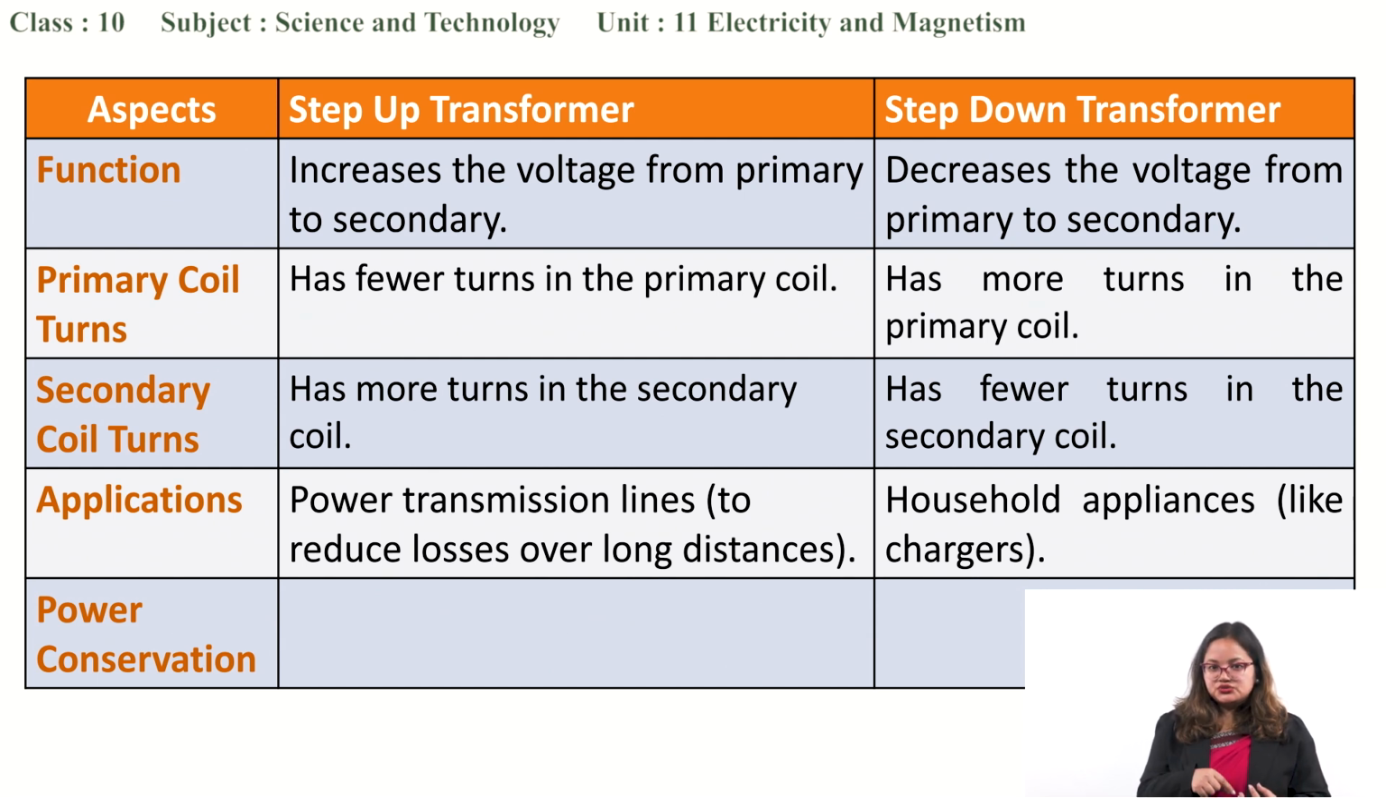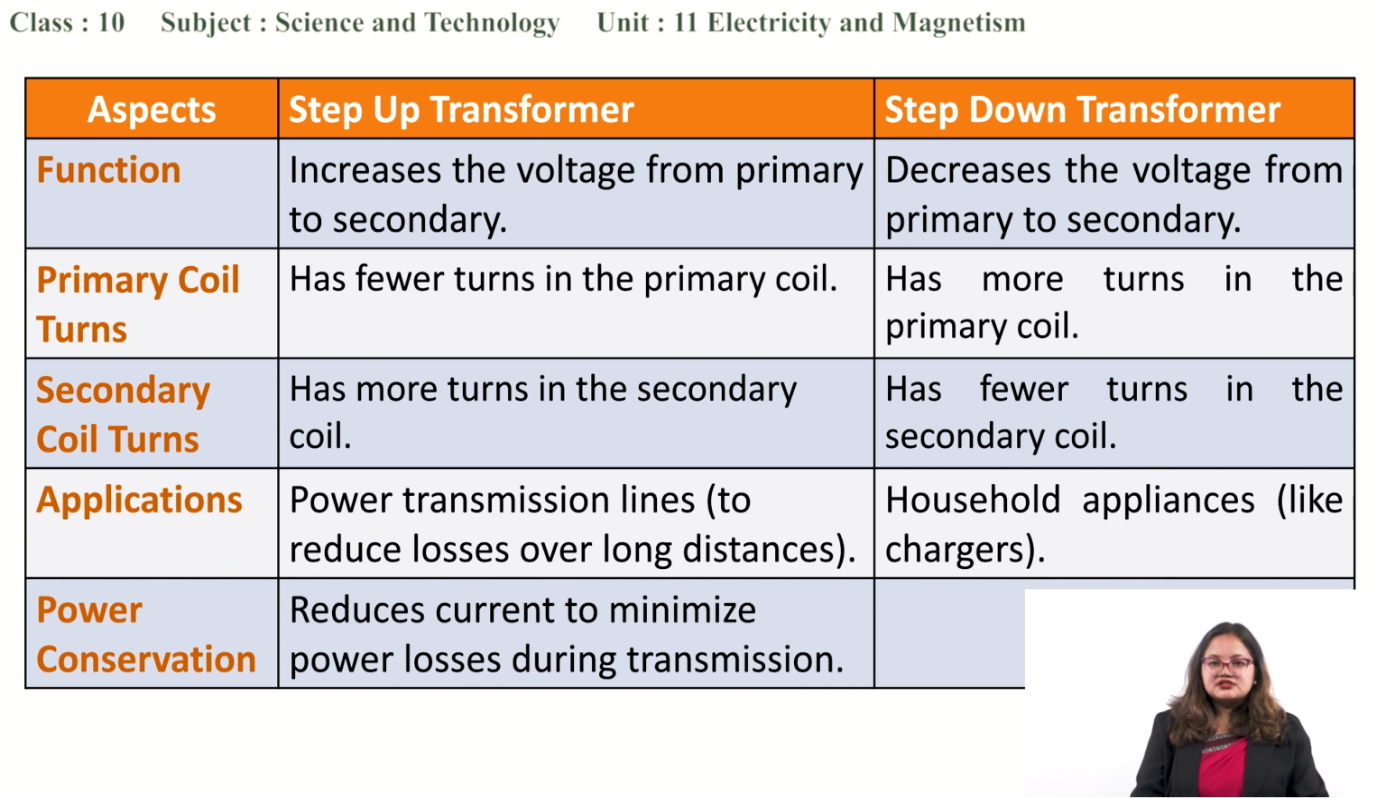A transformer is used there along with the rectifier as well, because since it is receiving AC, we need DC to charge our phone. So it receives AC, and with the help of the transformer, the 220 volt is converted to 5 volt, and again with the help of the rectifier, AC is converted into DC and it is delivered to the charger, which helps to charge our phone, right? Okay, so talking about power conservation, let's say it reduces current to minimize power losses during the